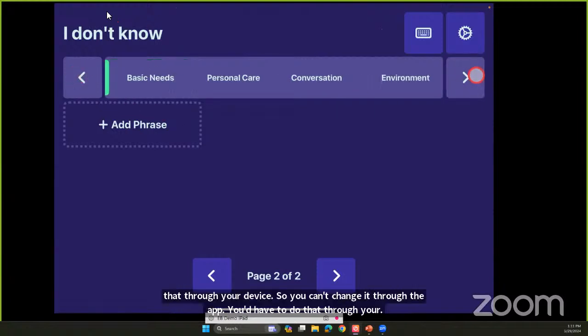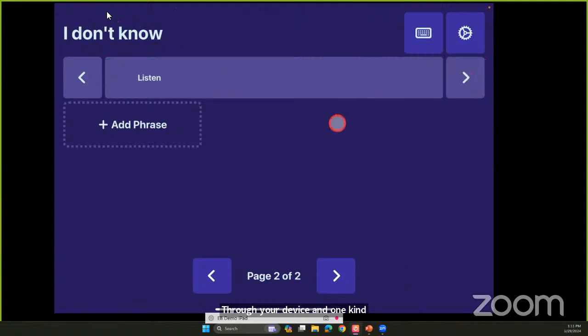And one kind of cool feature it has is the listen mode. So you can ask it questions and it'll give you answer options. So like if a caregiver is asking someone a question, it comes up with options through AI. There's a smart assist box you have to check to make that an option. So we'll go to listen, and there's also a voice shortcut you can turn on.